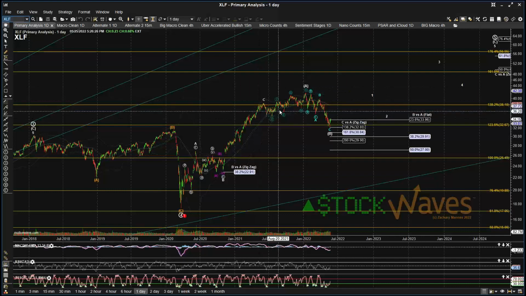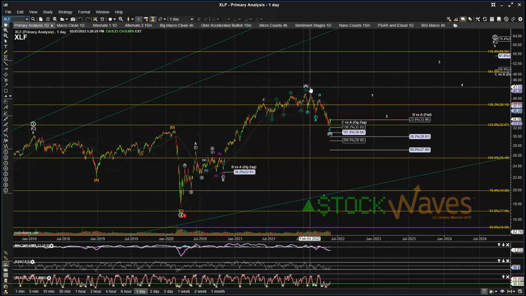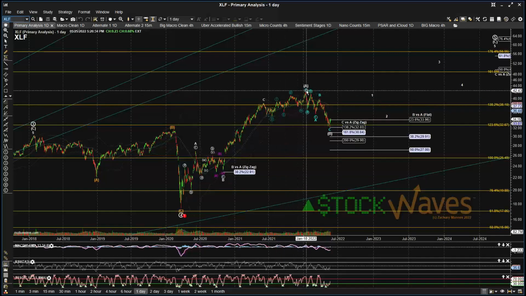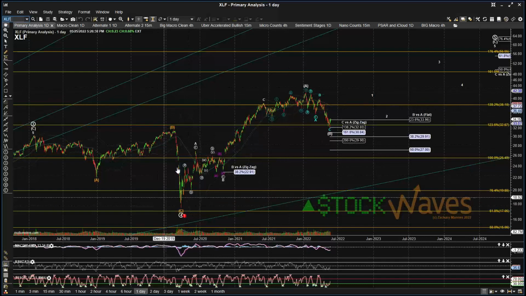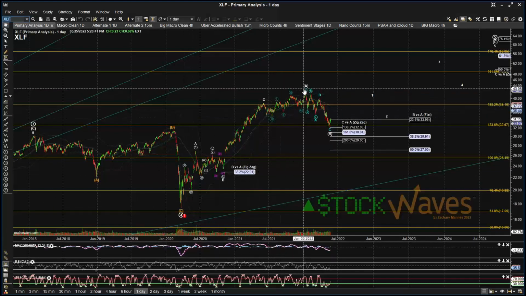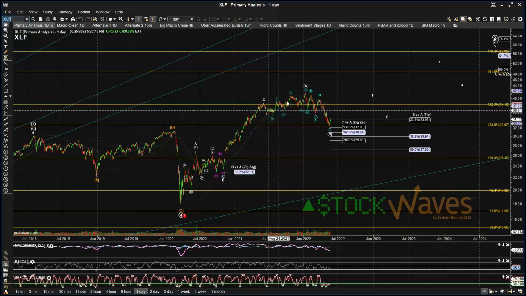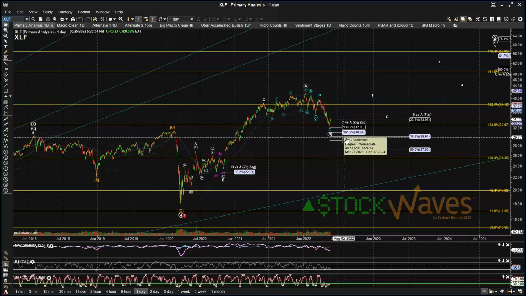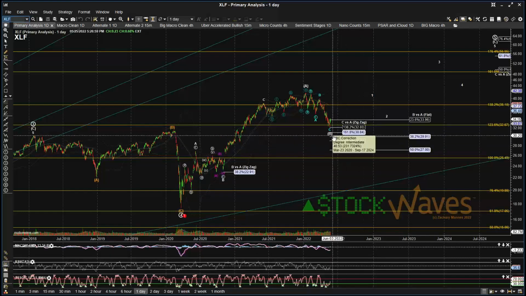wave. Bank of America and then the forced XLF to get this extension that counts as an ending diagonal for both of those. That can either be a 5th wave as 1, 2, 3, 4, 5 waves up for an A wave, because A waves can be 5-wave moves or 3-wave moves, or just a 5th wave extension of this C. But at any rate, we do now have a nice ABC move down that is not quite to our ideal 30 region, 30 to 27, which would be a more